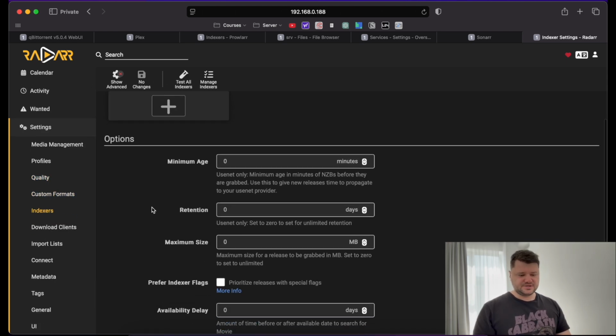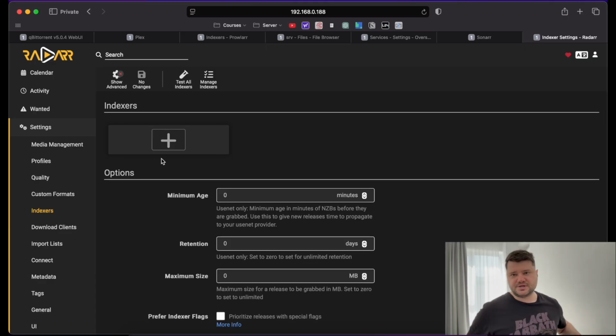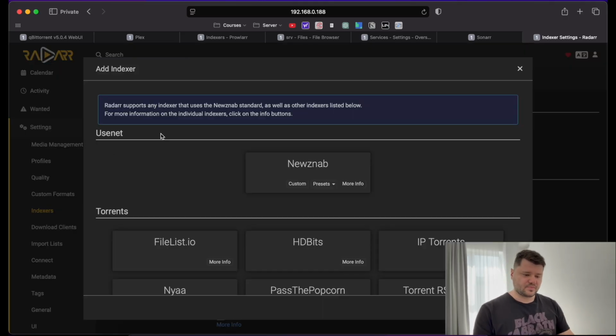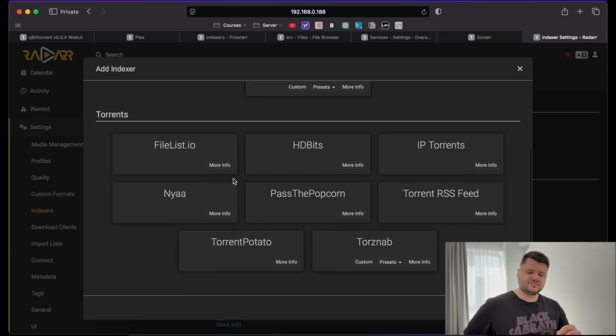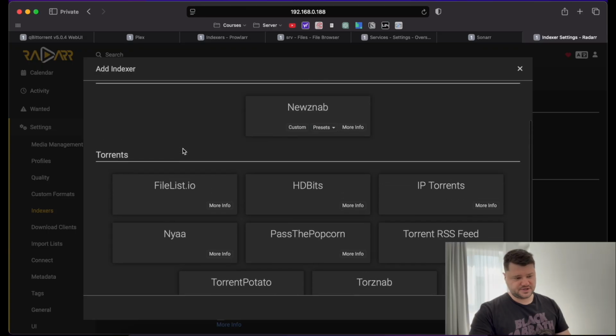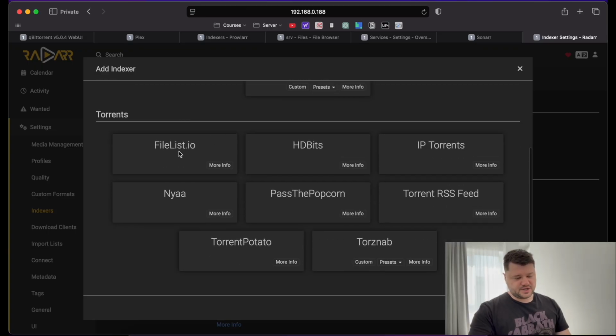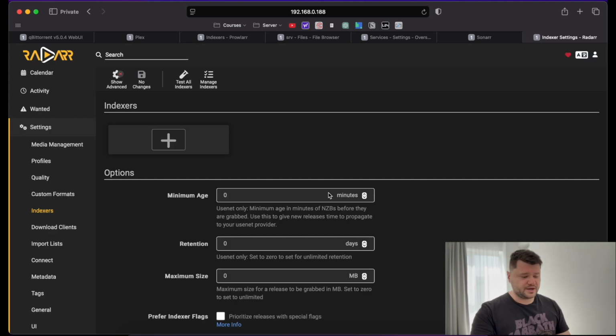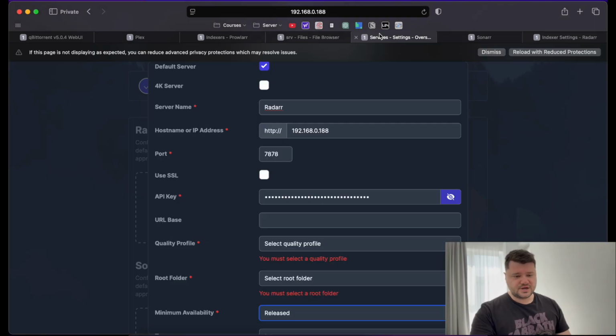Now for the indexers, it depends on what you want to use. For example, you have a list of torrents here, and you can have filelist.io, which I am using. You have HDBits, IPTorrents, NIA, Pass the Popcorn, Torrent RSS feeds, Torrent Potato, and TorSnap. These are the options that you can use from Radarr itself. However, if you want to use other options,